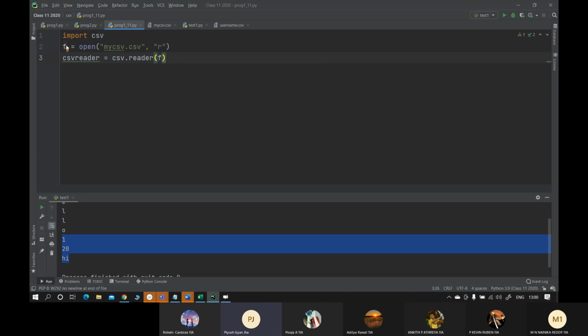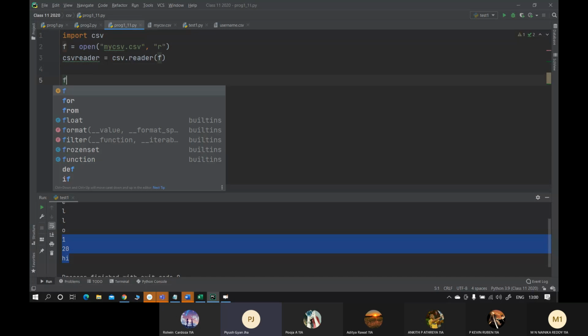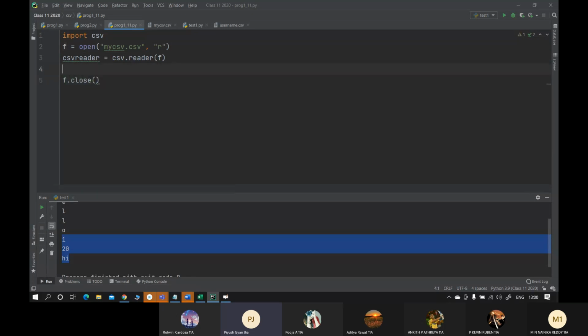So this will take the memory location where a copy of your original file is opened for reading, and the csv.reader function of the CSV module will convert this file, which is opened in memory for reading as normal text file, into a CSV form, which will be saved in another memory location, which is identified here as CSV reader. You can give anything, XYZ, as far as it is a valid identifier. There is no problem. File has been opened, so it must be closed. Original one that is opened using open function.